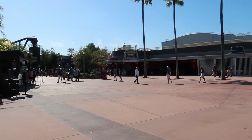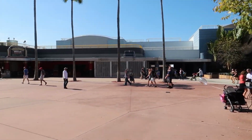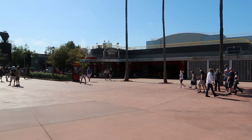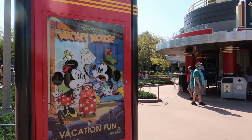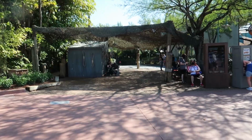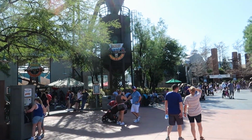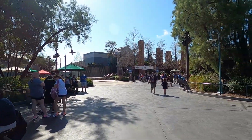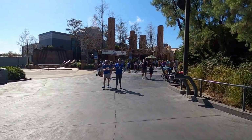And then aside from the two main shows, including the Indiana Jones and the Frozen show, we also have a little short animated movie, which is right over here in this theater. And it is called Vacation Fun, and it features the new Mickey Mouse and Minnie Mouse cartoons. And then before we head out of Echo Lake completely, we have one quick service restaurant, which is right here, the Backlot Express, just featuring basically quick service food like burgers, hot dogs, and also one attraction, which is Star